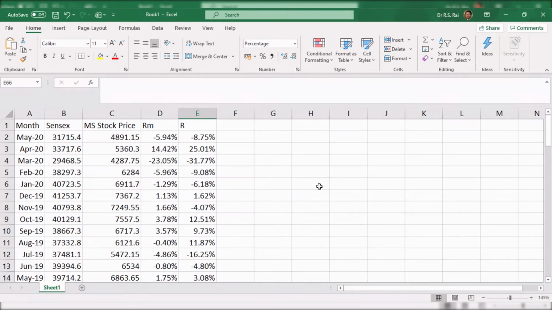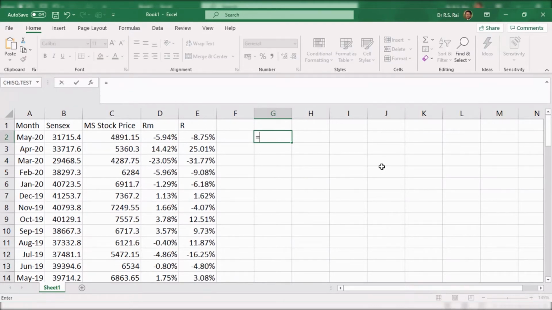There are 2-3 methods. The first one is we'll calculate slope directly. Beta is nothing but slope. So equal to slope. It asks for known y's. Y is our dependent variable, that is our return from the Maruti Suzuki stocks.